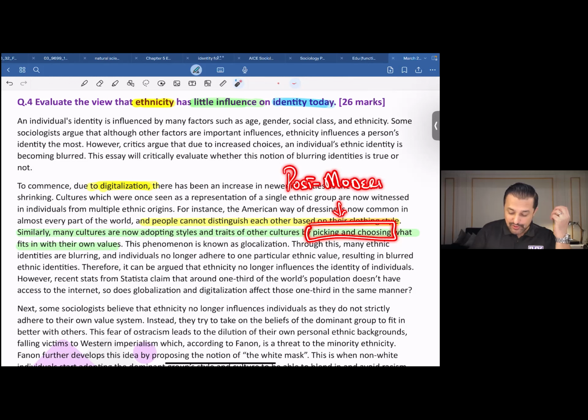Postmodernism. You want to write, you write. You don't want to write, it's at your discretion. You want to use postmodernism as a separate point, you have that option too. So similarly, many cultures are now adopting styles and traits of other cultures by picking and choosing what fits in with their own values. McDonald's being consumed in India through